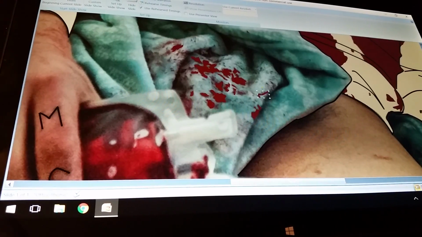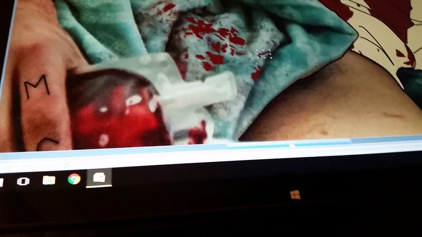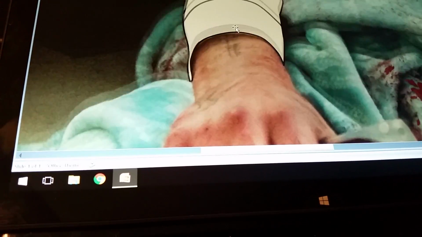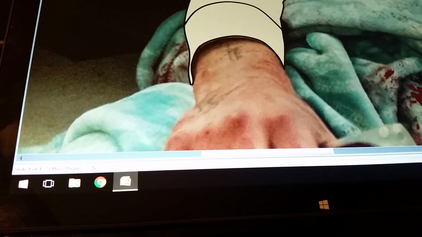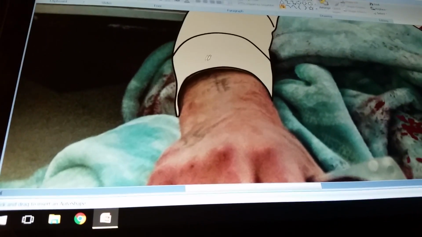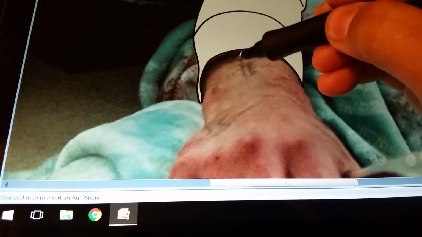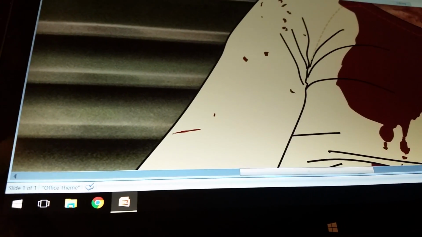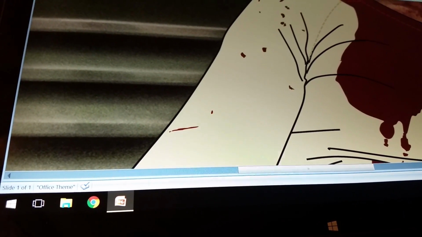And it's hard to do this on the phone. Okay, so he's got a little tattoo here. I'm gonna make it with my draw tool, so I have to go up here and press the draw tool here. And then I'm gonna go, sucks, but I'm gonna delete that. This is hard to do on a phone. And then it automatically goes back there, but